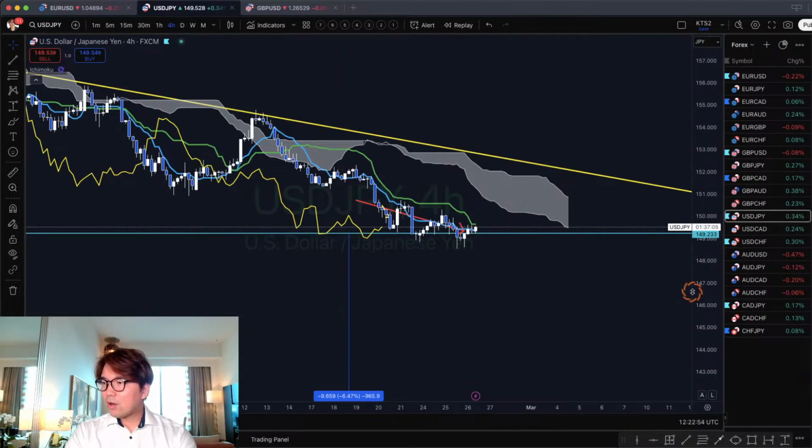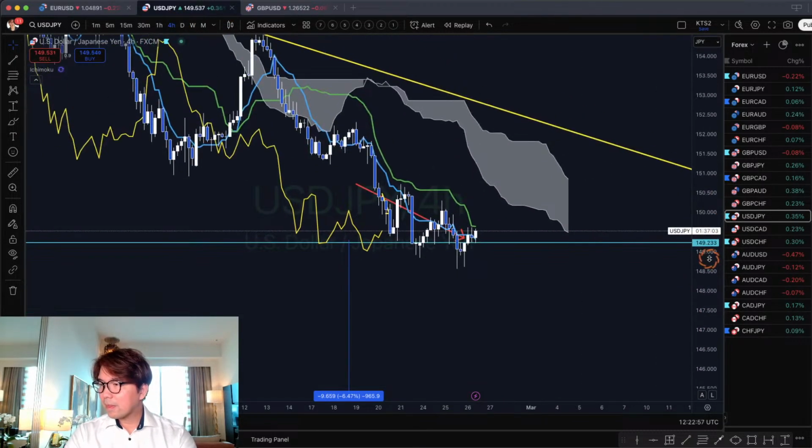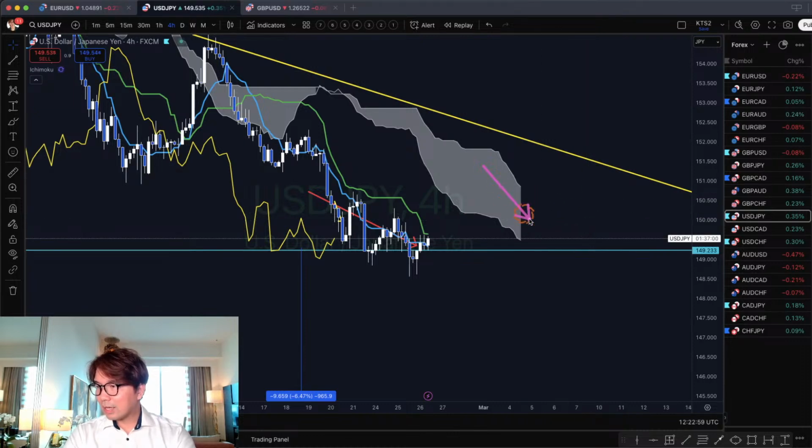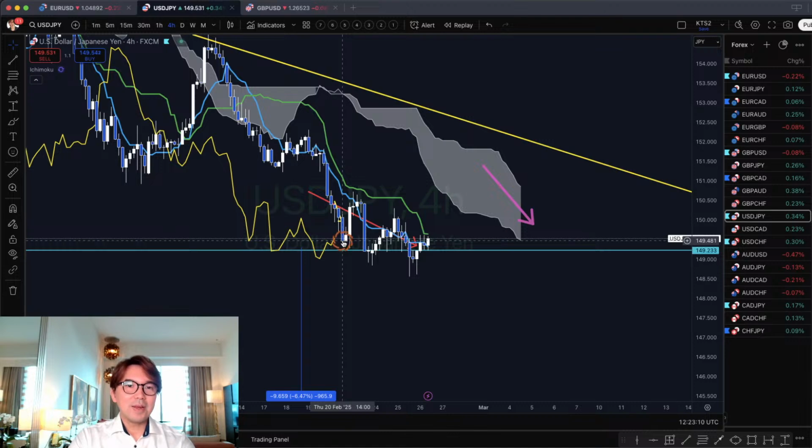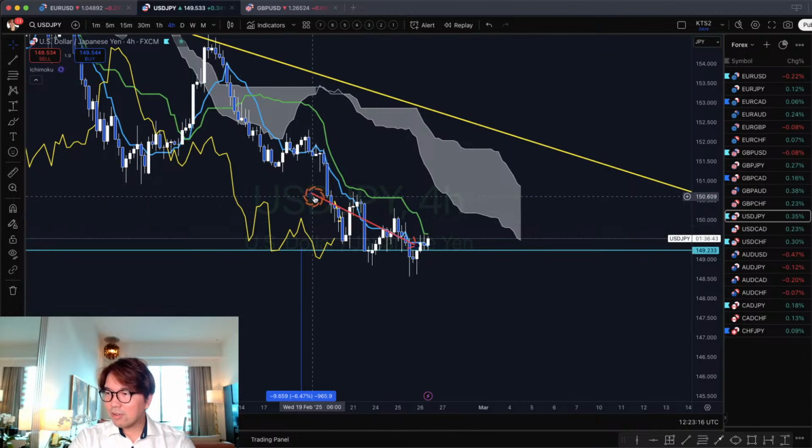And let me also check the 4-hour time frame. The 4-hour Kumo has been down. Kijun-sen is now flat. Chikou span is now almost touching. So Chikou span will touch in 2 candles. Then the market becomes a complete range and it may not break the support. I put a down arrow like this